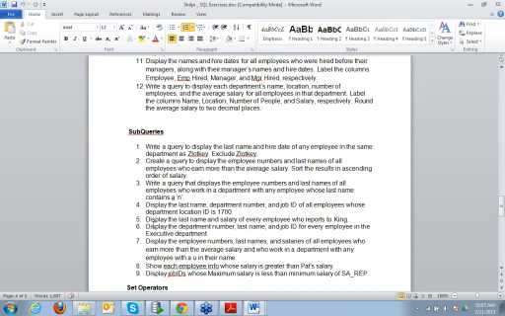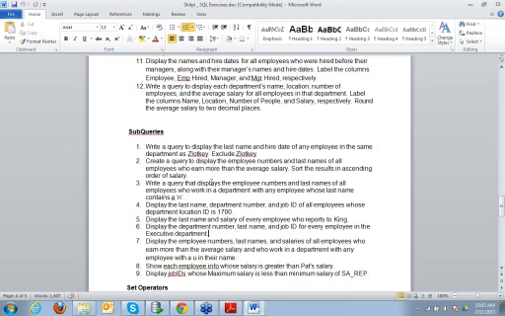So we have already done this. Display the last name and salary of every employee who reports to King, right? The same question we can do with a join, and the same question we can do with subqueries. We can figure out which is a better way of doing this. You can find the cost and how much time every operation is taking, and then we can compare those two queries.